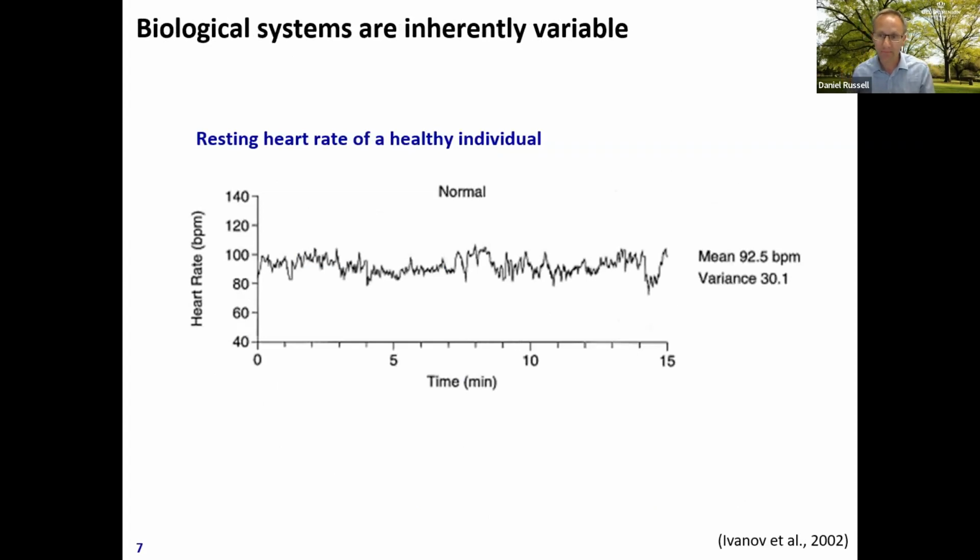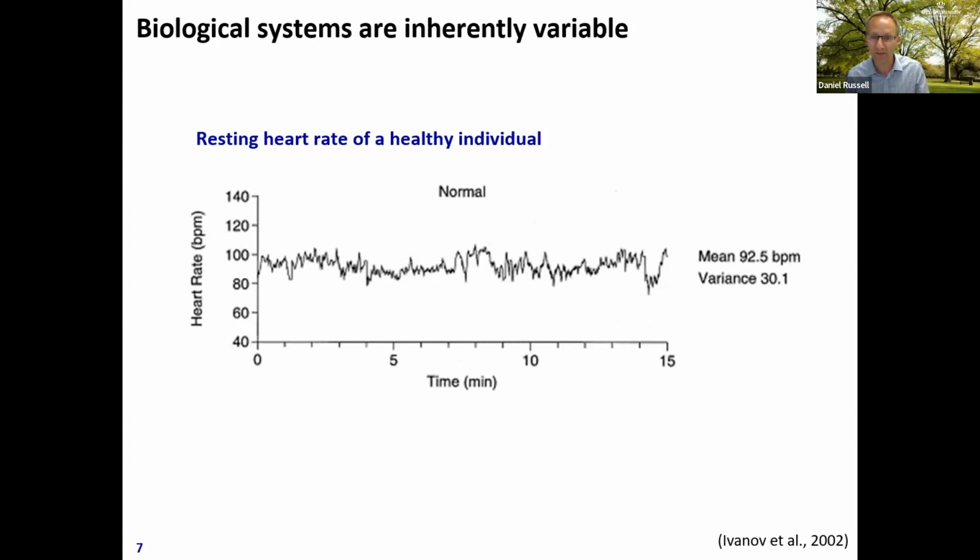And let's take another system. So this is an individual's heart rate, their beats per minute, collected over a period of 15 minutes. And this is a resting individual, and they are healthy. And I think it's, again, quite clear that there's quite a large variation. I have a smartwatch, which tells me my heart rate, and I can see how it changes. It obviously changes with different environmental things, or whether I've had coffee or doing different activities. But if you rest, it changes too.